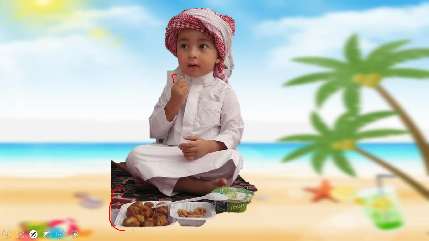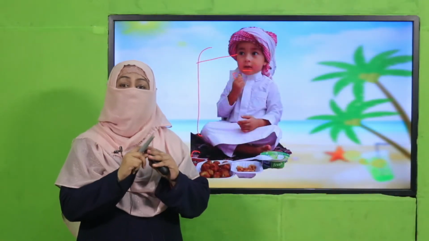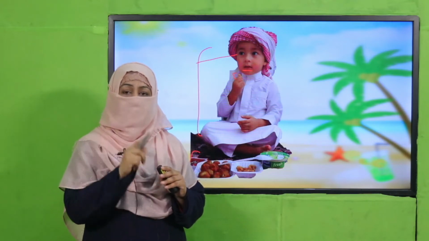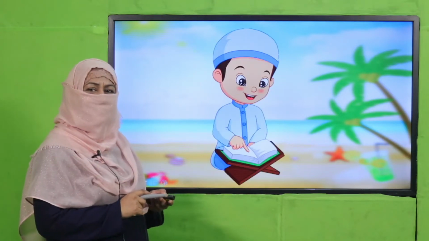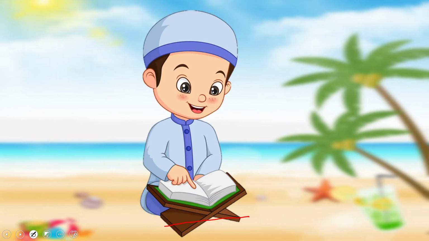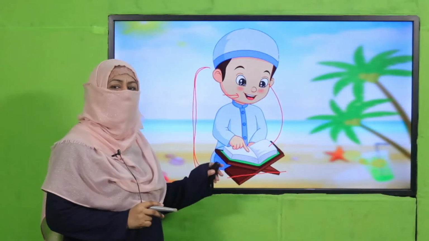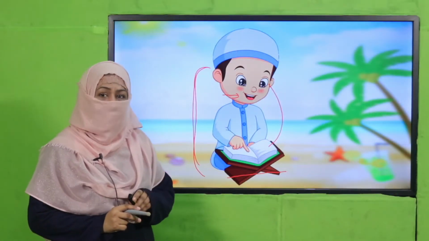It seems as he's doing one thing, but there are many things more. He is sitting. He is looking at something. Somehow he's smiling. So, beta, this is how all these words are action words. It's not one person is doing one thing, so that is only. There can be more than one action words which can describe a person, like what the person is doing at this time. All right. Now, look at this boy. What is he doing? MashaAllah, he is reciting Quran, all right, and he is smiling, he is looking at Quran, he is sitting, he is reading. So, all these words which are telling what he is doing are action words.